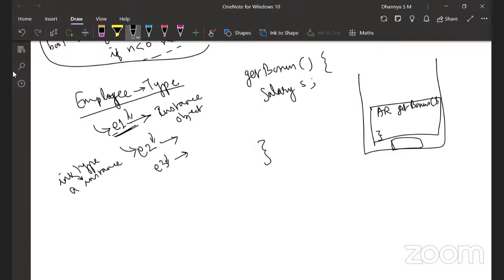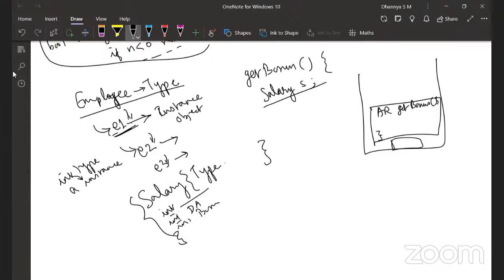Salary by default can be an integer, but I am defining salary as a type, which will define, say, these values: int, which is the basic salary, then int, which is the DA, then int, which is the bonus. All these together become one salary type, and I'm creating the instance of salary type inside this method get bonus. Of course, this get bonus may be a method inside the employee type.